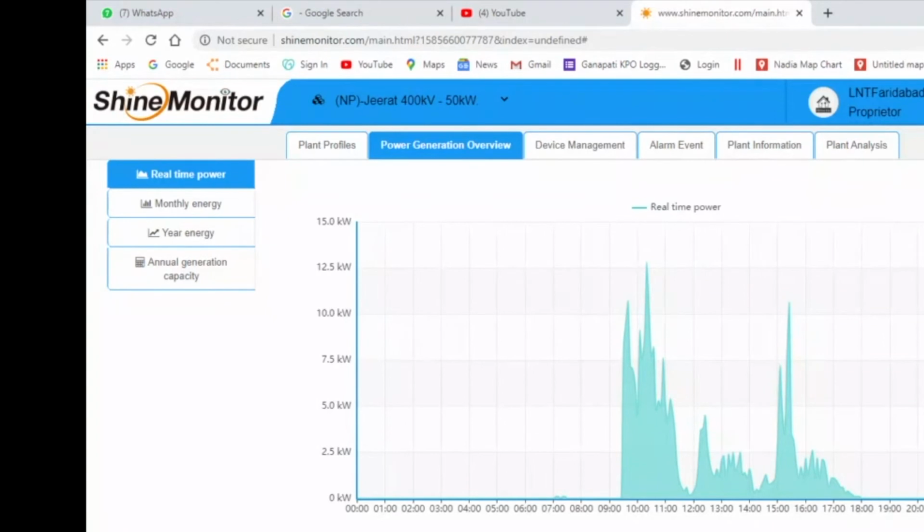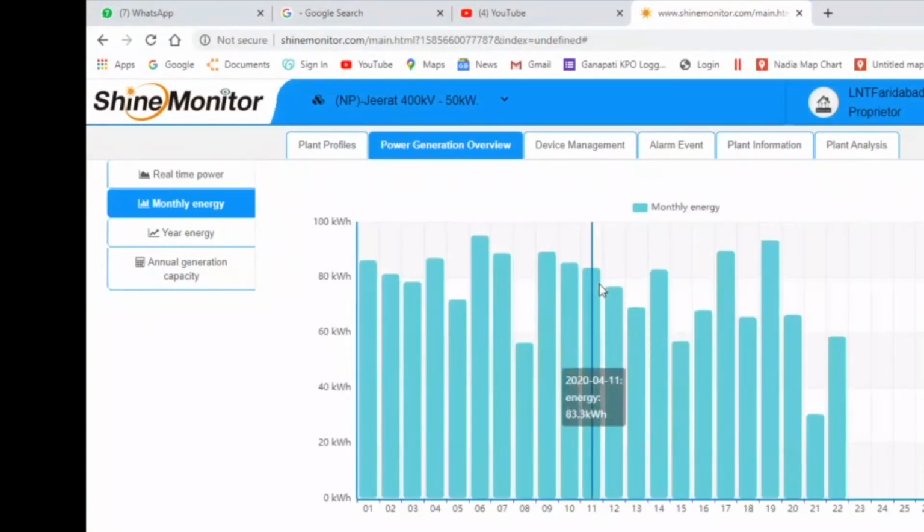Now we can see the monthly energy. Arijit, please show the monthly energy. Okay, so this is the generation. You can see that on 21st the generation is less, being a cloudy day. So this is the generation that we can see. So less cloudy, more sun, more incident ray, more will be the generation. So if we go by the experiment, Arijit, you can stop your screen sharing, please.